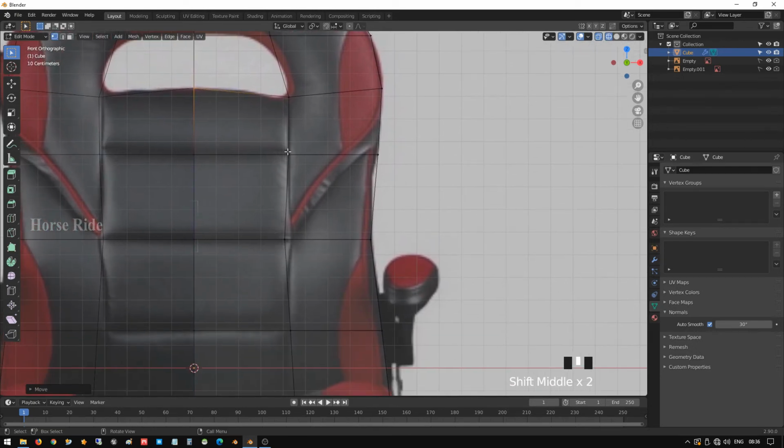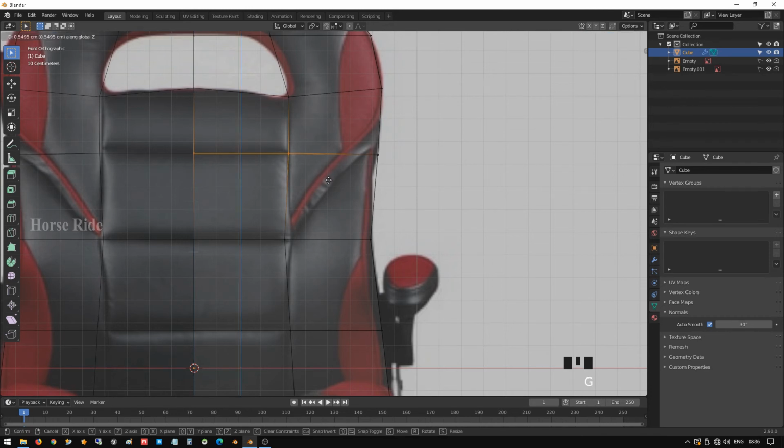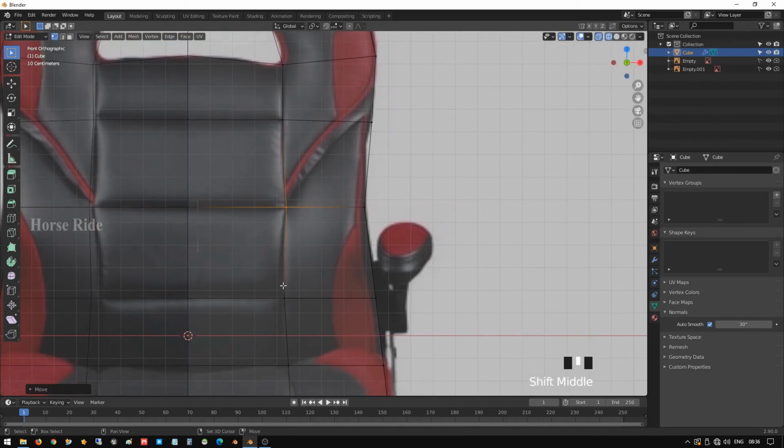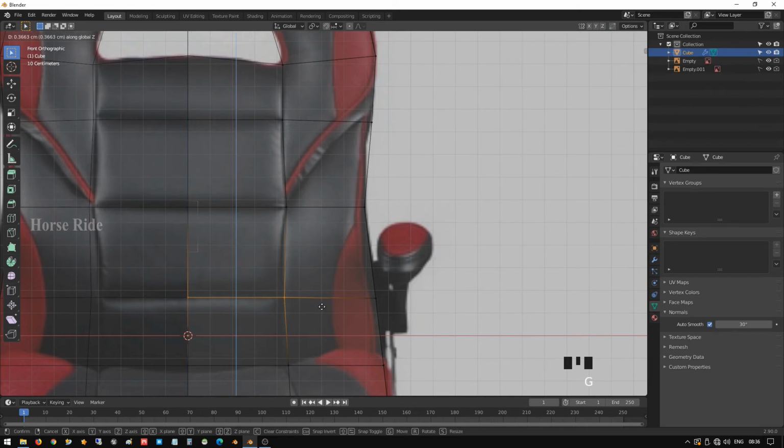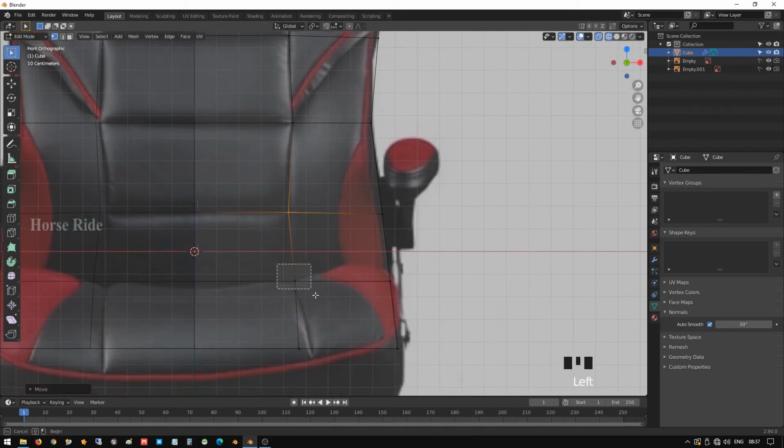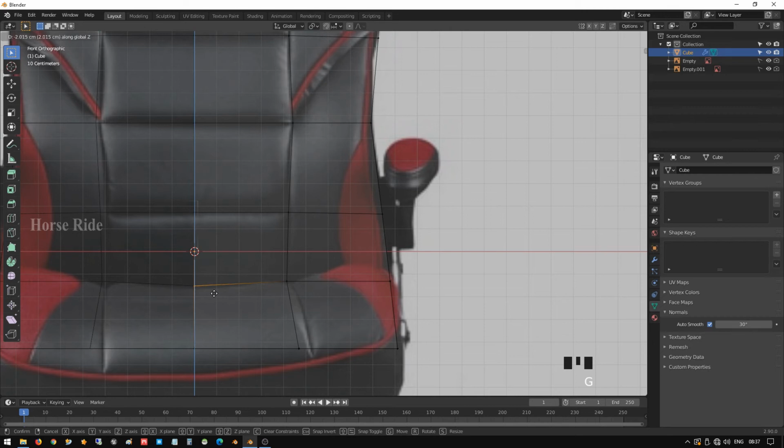And here this one is correctly angled, and we can move a little bit up GZ, yeah, and here it's fine. Here move this GX, move towards this and select this one, and let me move a little bit top GZ and select this vertex GX to move it in that angle, and this one selected it GX, and this one let it go a little bit down GZ.